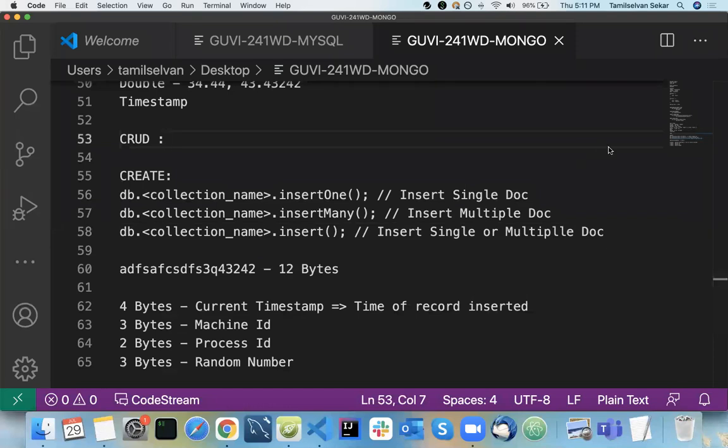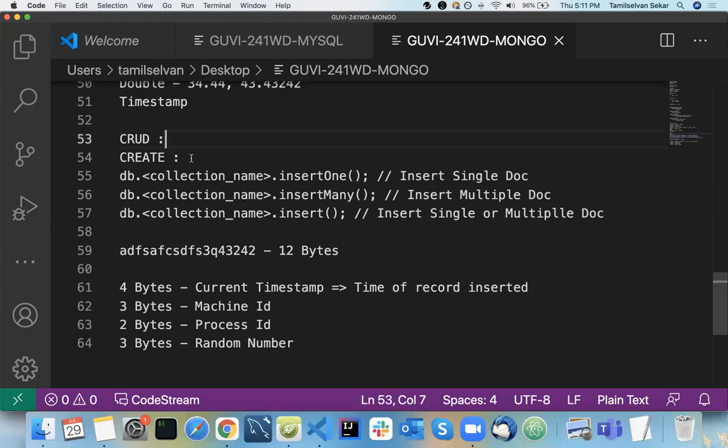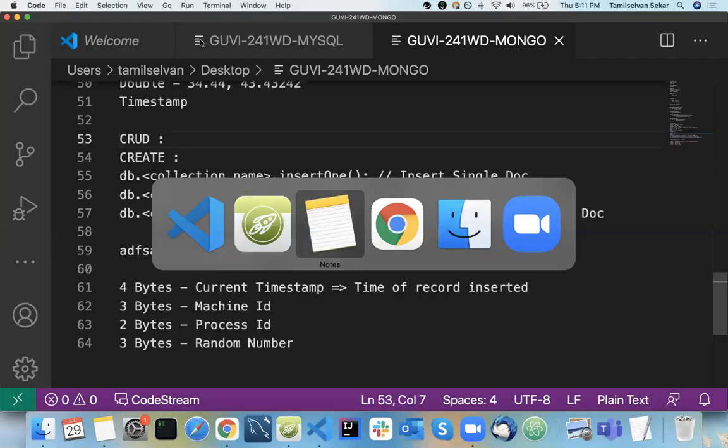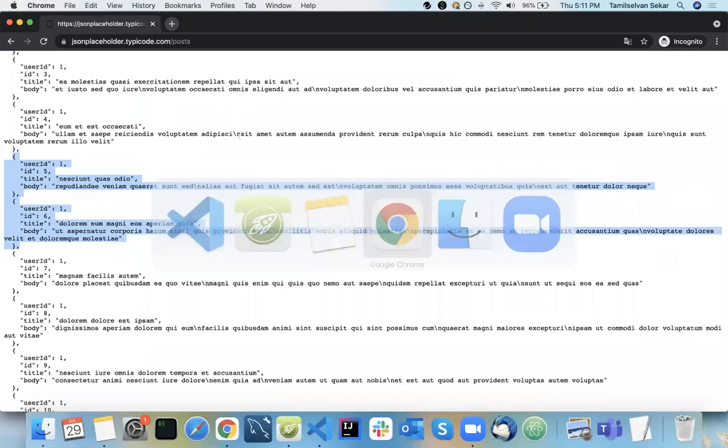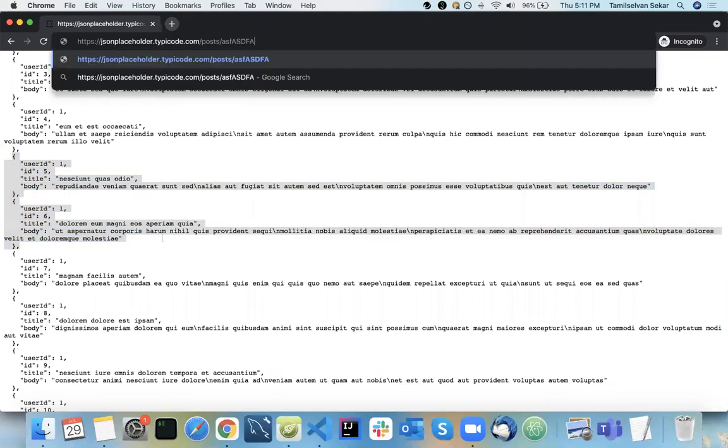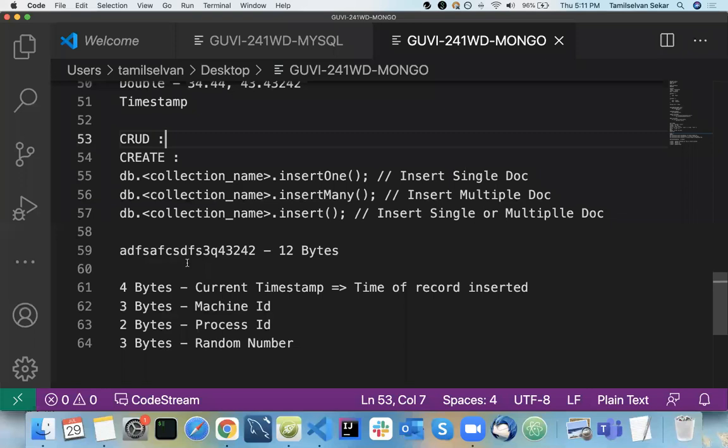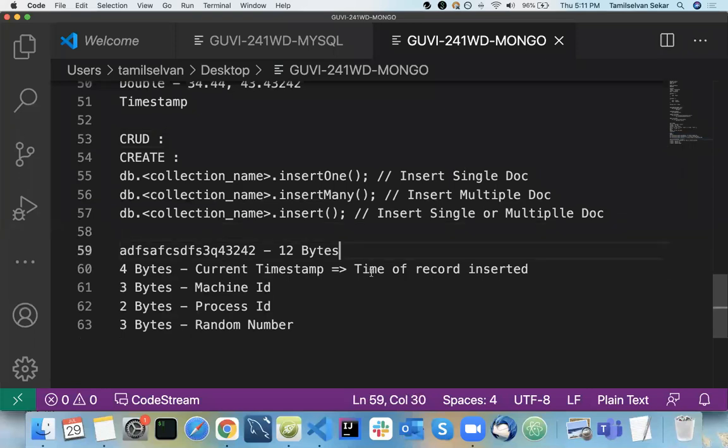How can you use such a big random ID in real time? Yeah, we are doing it here. In MongoDB you need to use that particular ID only. For example, here post/1, we will use that particular ID. Based on those random strings, we will be displaying the data. That is how your MongoDB ID is created. You cannot overcome that. Can we alter the ID? No, you cannot alter it.